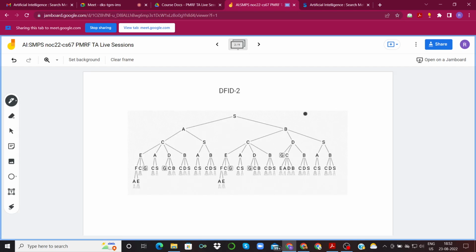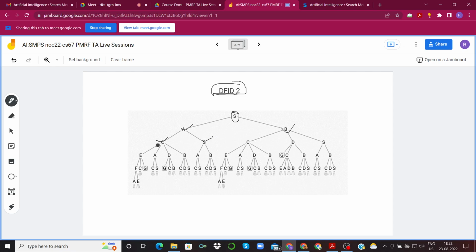Whereas if we go for DFID2, it also includes nodes in the open which are still in the closed. So basically the closed list does not have any meaning in DFID2. It will first explore 0 depth, S is not goal, then A, then it is not goal node, P is also not goal node, then C, then S. S will be explored over here, remember, because the closed list doesn't have any meaning here.